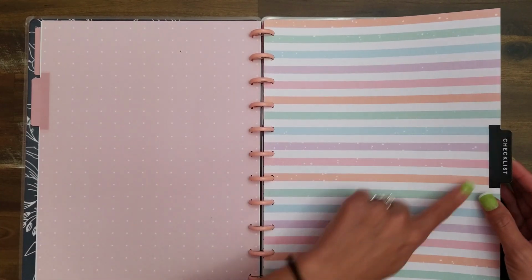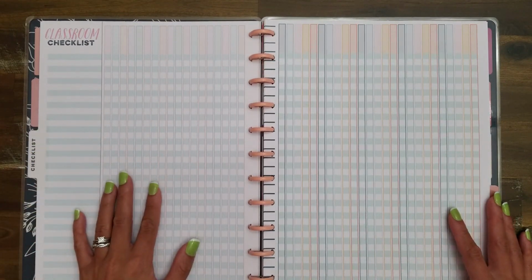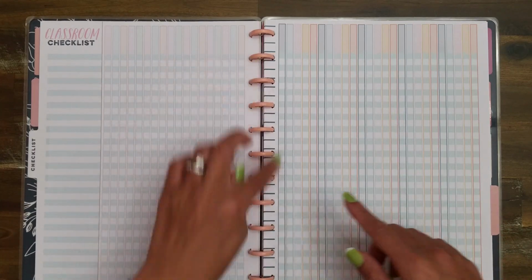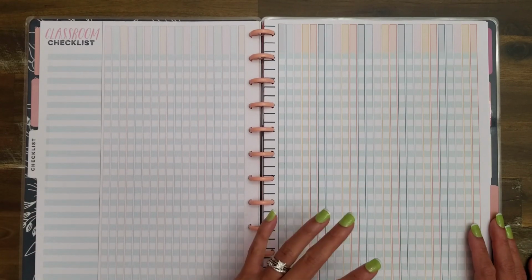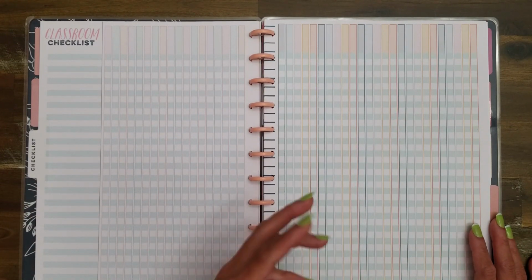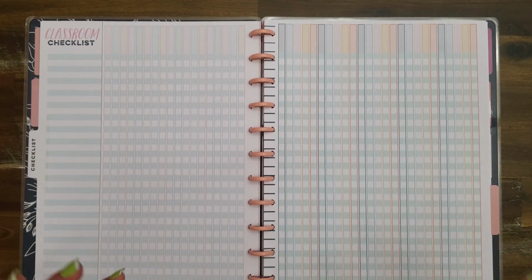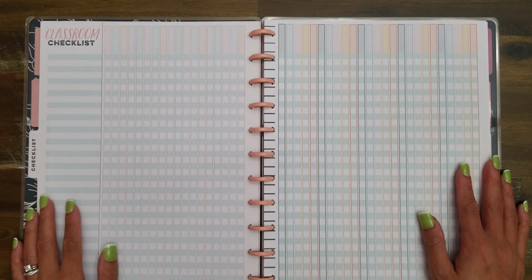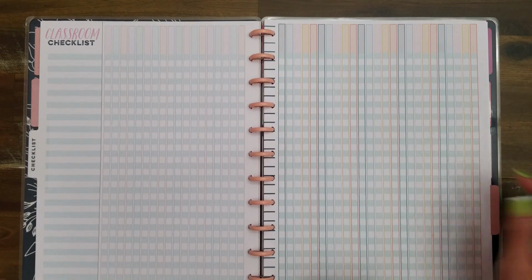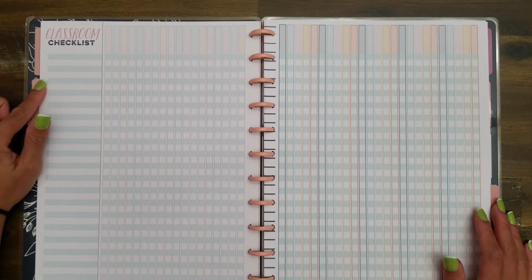This third section is the section that I have for checklists, and this is an old teacher divider, which I just use in the spot. I was thinking about changing it up and making the pages match, but it honestly doesn't even bother me. For the first couple of weeks, I'll be printing out my rosters for my classes and checking them off each day. Once our census day happens and the rosters are locked in stone, I'll take all those pages, make note of the students in the class, and backtrack and mark the dates and things like that. What I use these for is basically to track attendance for each of my classes,